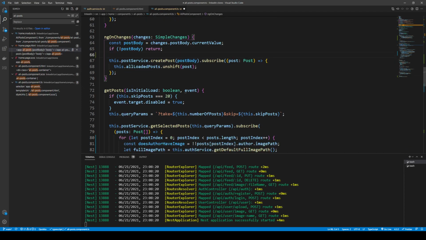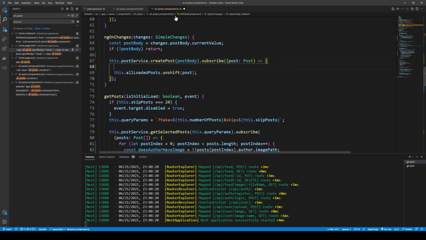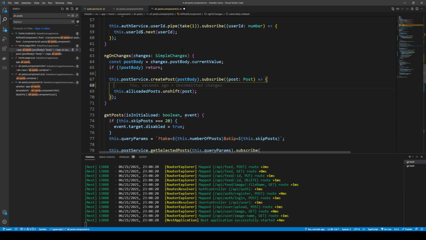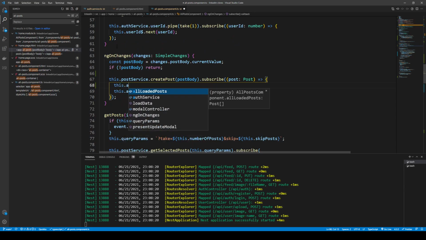But if we have something, we want to create a post, and what we want to do here is, before we add it to our loaded post array, we need the full image path, and we've got that from getting the post and also in ngOnInit here. So we can just go ahead and say this.authService